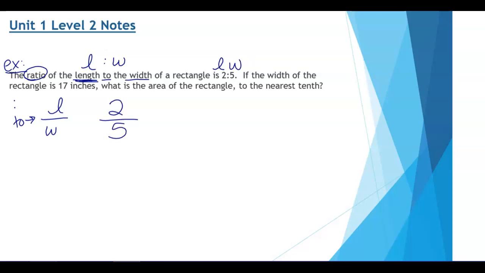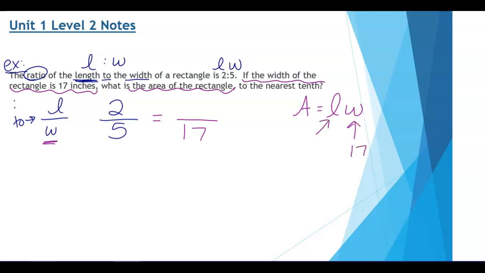Here we're given if the width of a rectangle is 17 inches. So now I know my width, and that is on the bottom of our fraction. What is the area of the rectangle? So area of a rectangle is length times width. We're given the width is 17. Now we need the length. So our length,